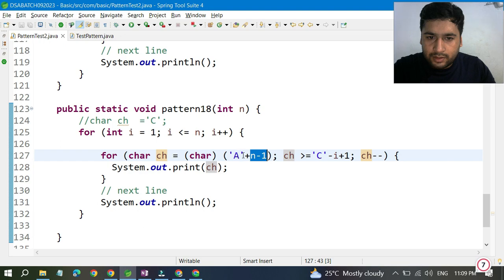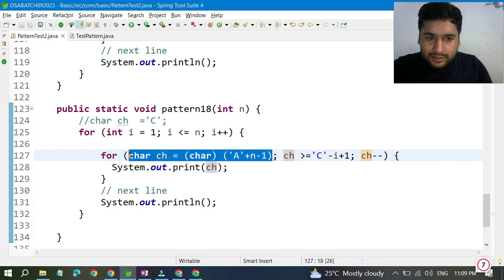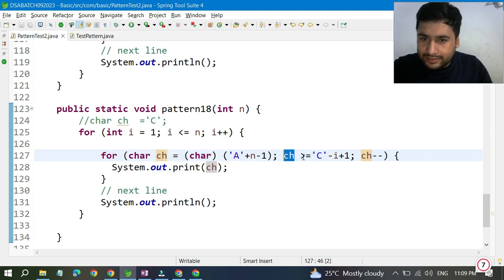Because A plus 5, A, B, C, D, E. So it will become E, and while starting with E, every time it will start with the E, and